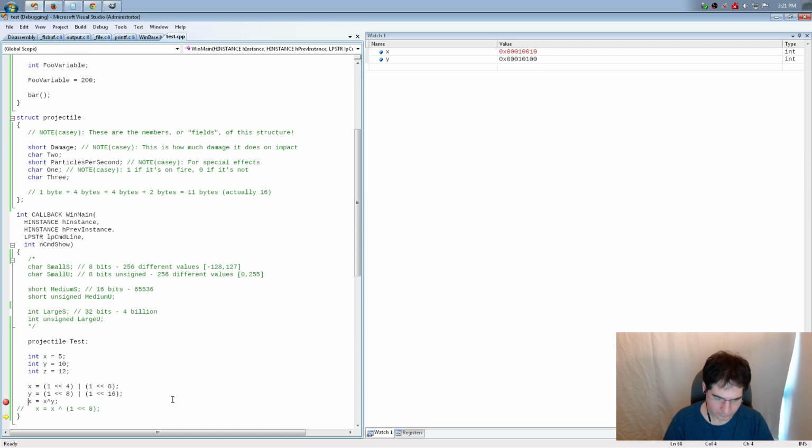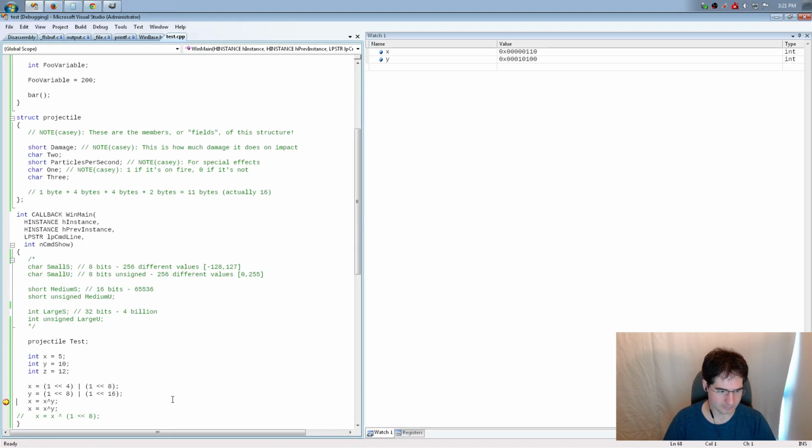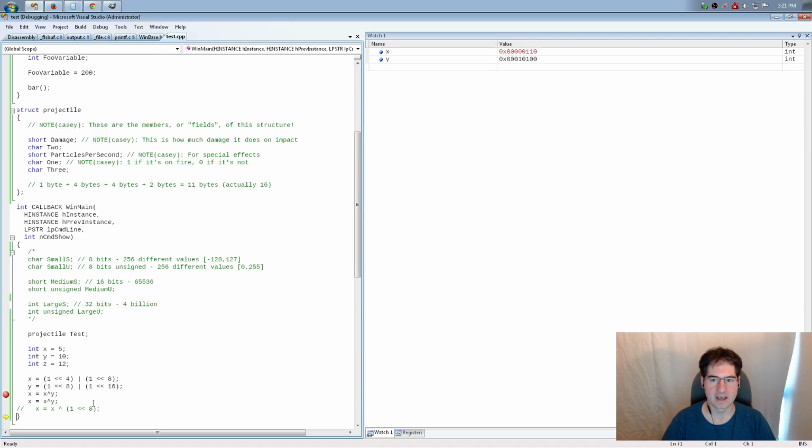Now, the thing that's interesting about XOR is that it's kind of symmetric in a weird way. So for example, if I was to do this twice, I'll show you some things here. So let's say I XOR something where I'm XORing X with Y, right? So I get the thing that I said before, it cleared out that bit. But now I XOR X with Y again. And what you'll notice is I got X back.